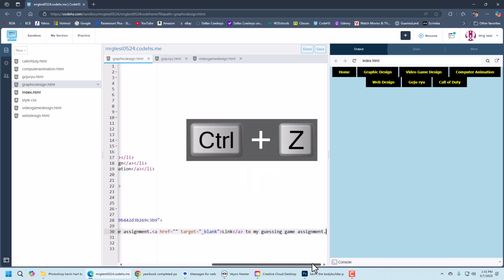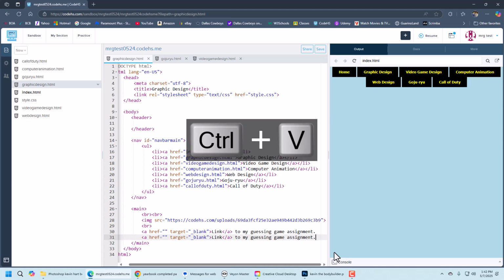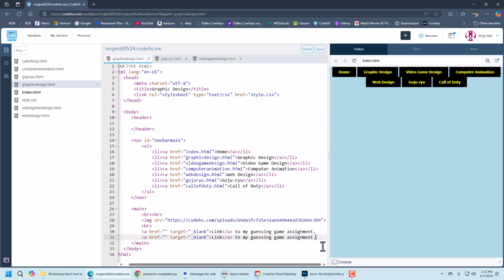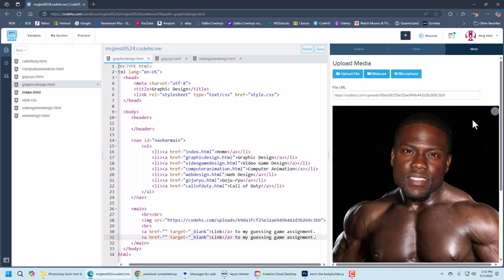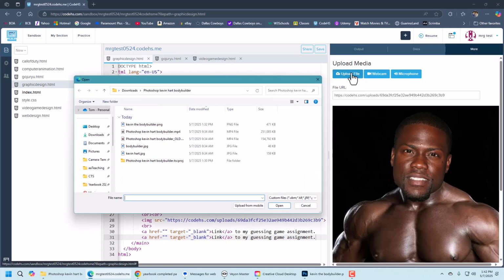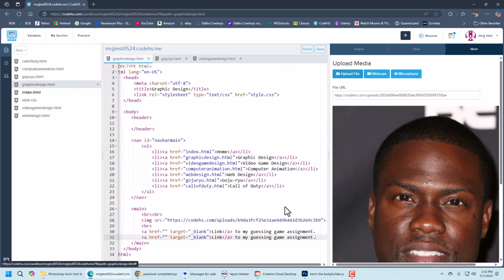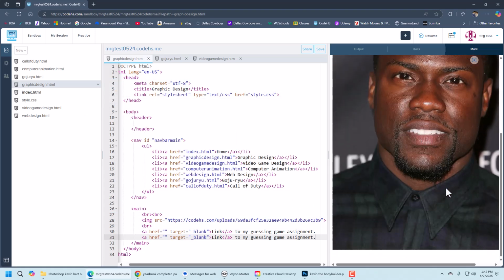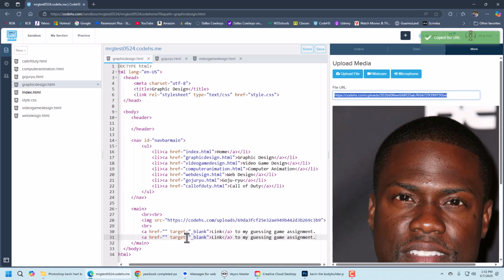Oops. Wanted to hit enter first. Put the same code down below. And say I'm linking to the picture of the bodybuilder. So someone can see the 2 pictures I started with and what I ended up with. So let's go over here to upload. And now I want to upload Kevin Hart by himself, which is right here. Open. There's the Kevin Hart only picture. Click there to copy it. Go in here, paste that, and then upload